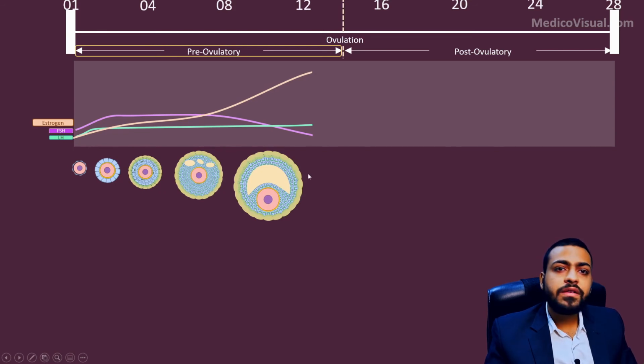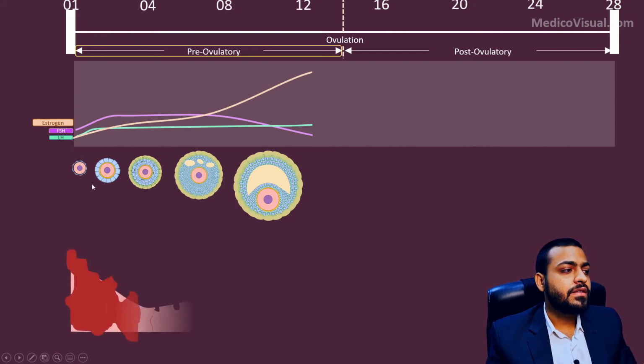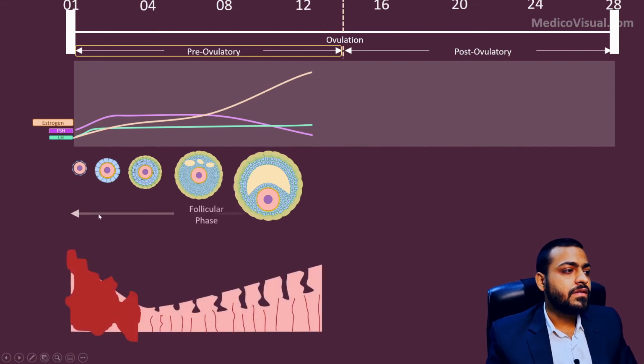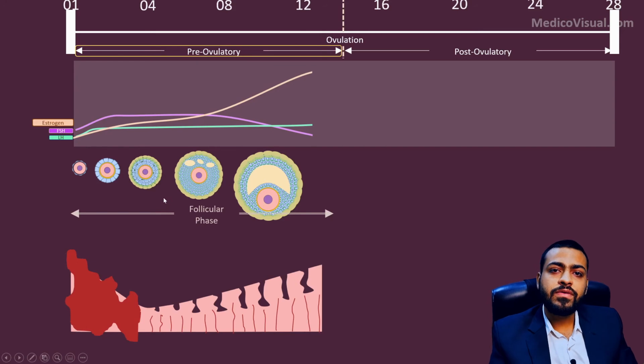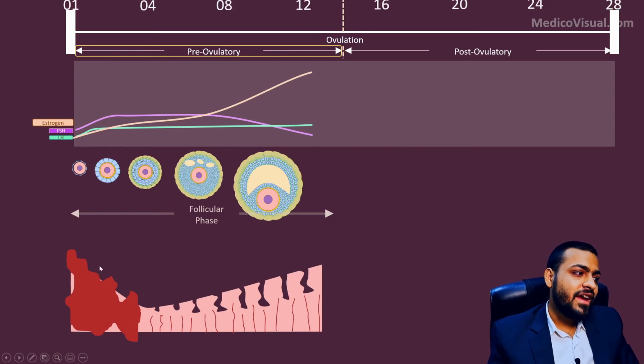These follicles are growing, right? So follicles are growing, and this is called the follicular phase. So the pre-ovulatory phase is the follicular phase of the ovarian cycle. And in regards to the uterus, what is happening in the uterus in the first 4-5 days,